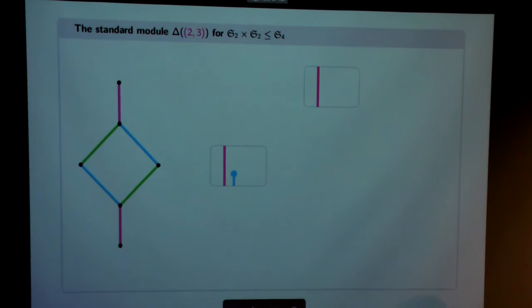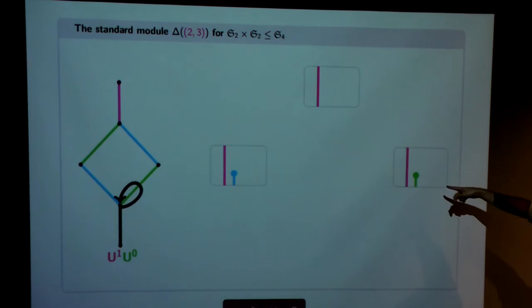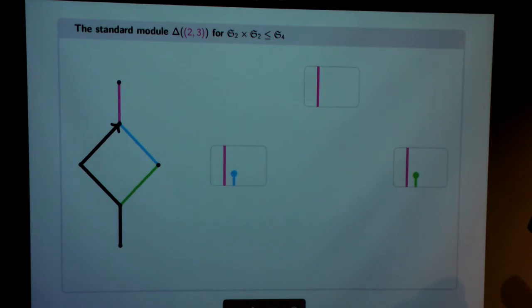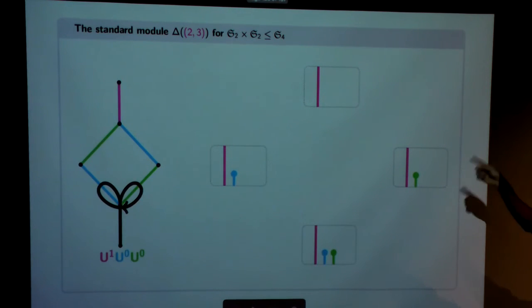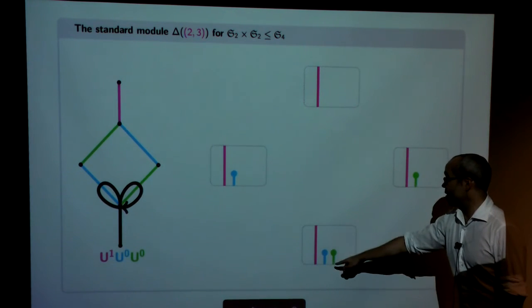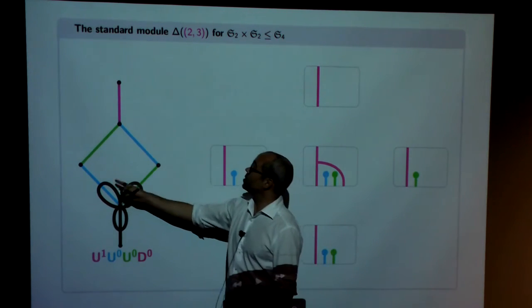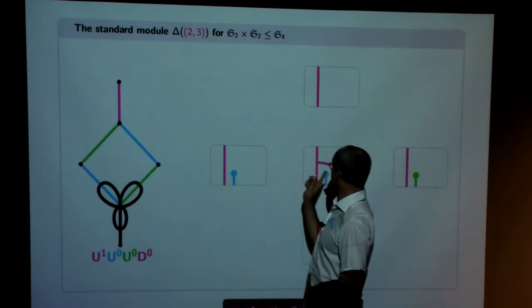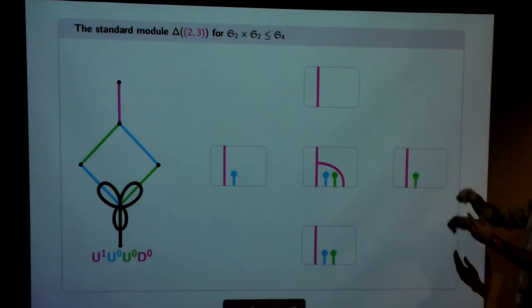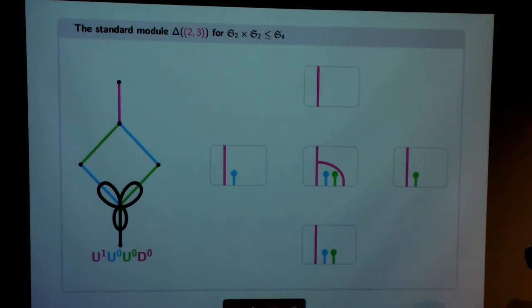The other thing I could do, which is kind of obvious, is I could go pink, green and fold him up, like so. I could also do pink, green, blue, fold him up twice now, so do the pink, fold the blue, fold the green. Okay, and finally, I could go all the way to the top, and I could fold him up by doing the pink, bounce the blue, bounce the green, bounce the pink, and with this diagram here, and notice that,